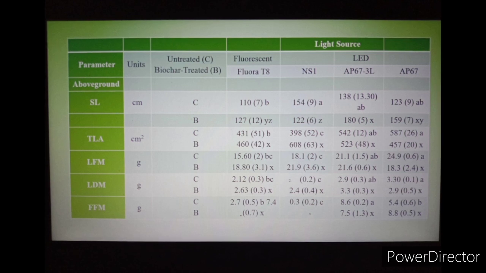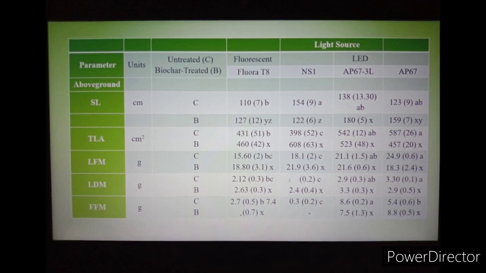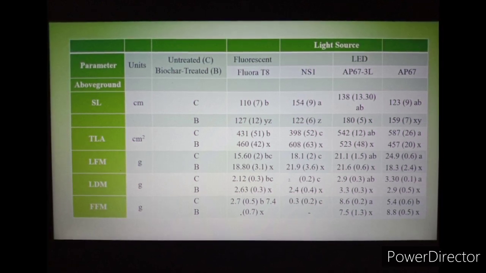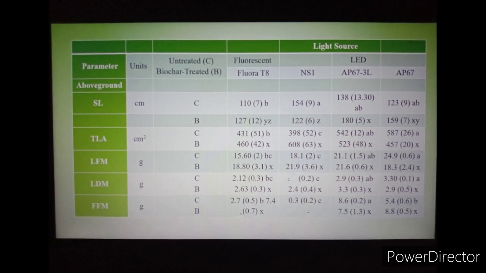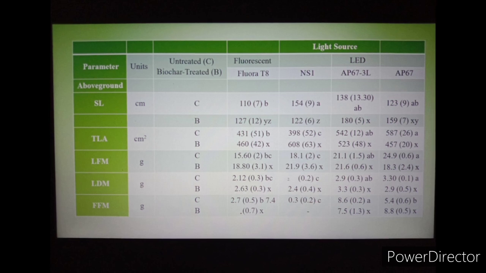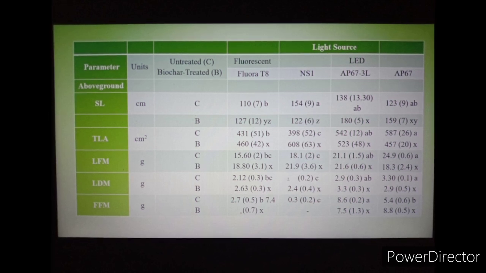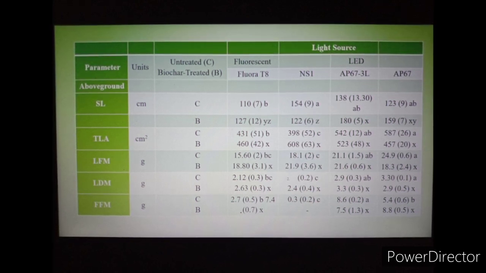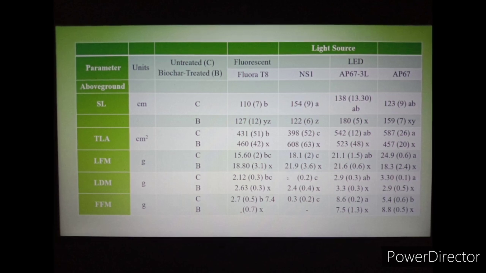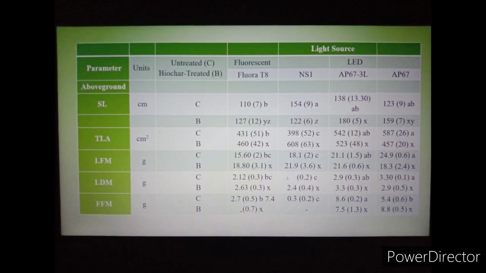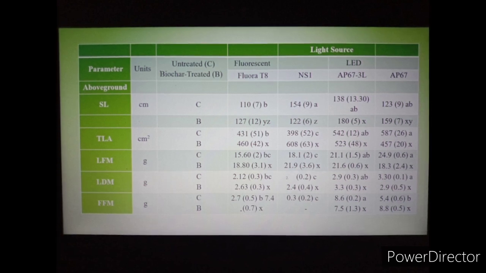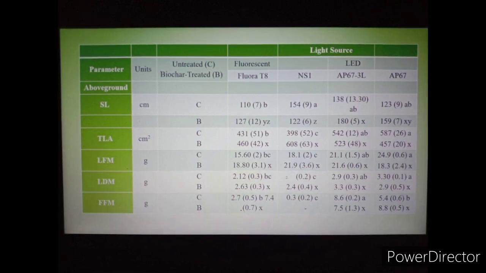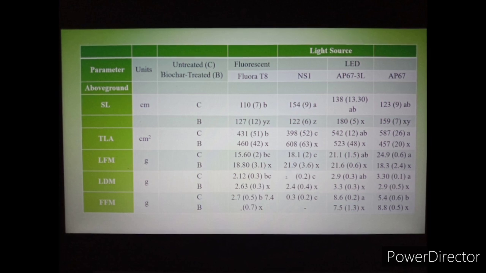The table covers stem length, total leaf area, leaf fresh mass and leaf dry mass, FFM and FDM, which is fruit fresh and dry mass, and the total fine root,